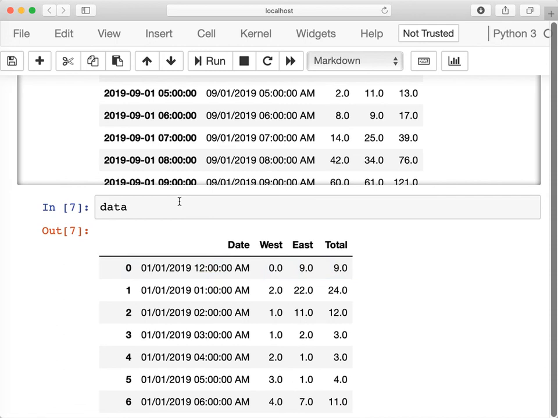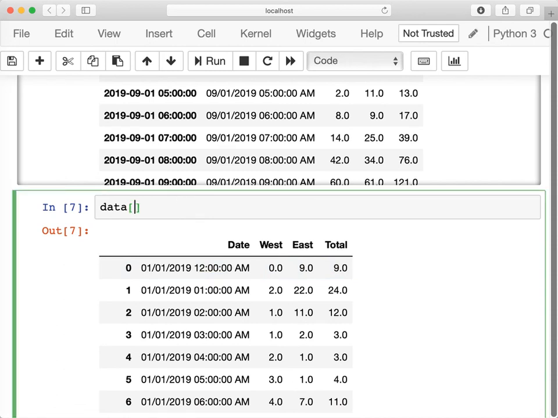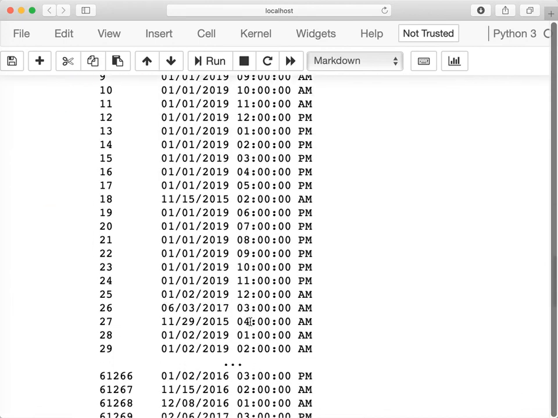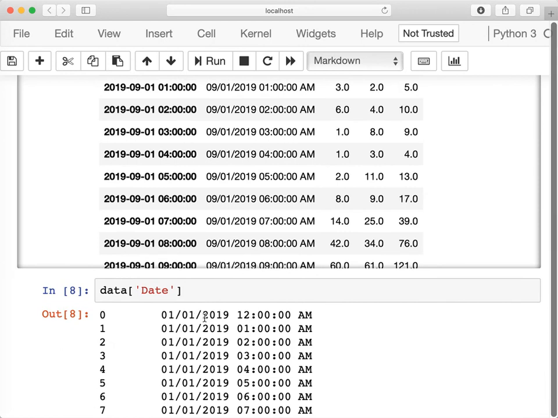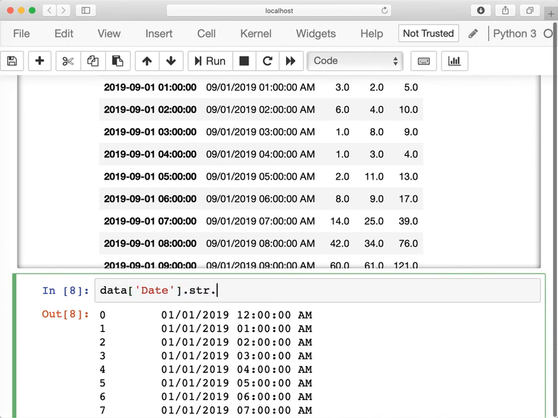And data doesn't have that datetime index. What I'm going to do in data is take a look at the column date, and the column date here is a string. It's not a datetime column. So what I'm going to do is match September 2019 manually, because it matches 09, any 2 digits, 2019. I'm going to use a vectorized string function, match, which matches a regular expression. My regular expression would be 09 and then a digit